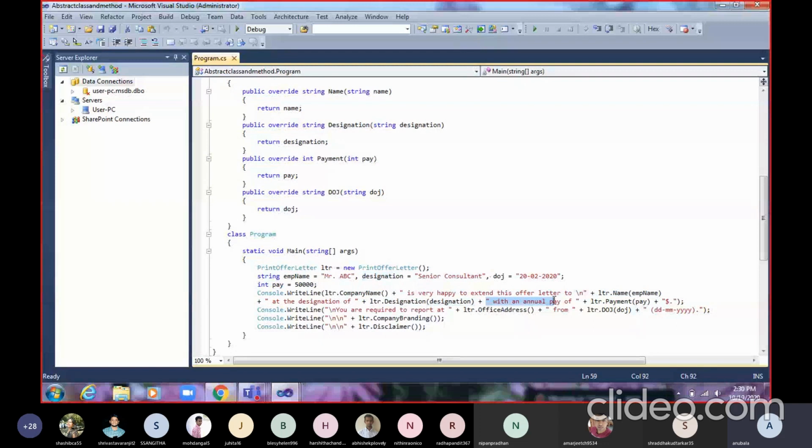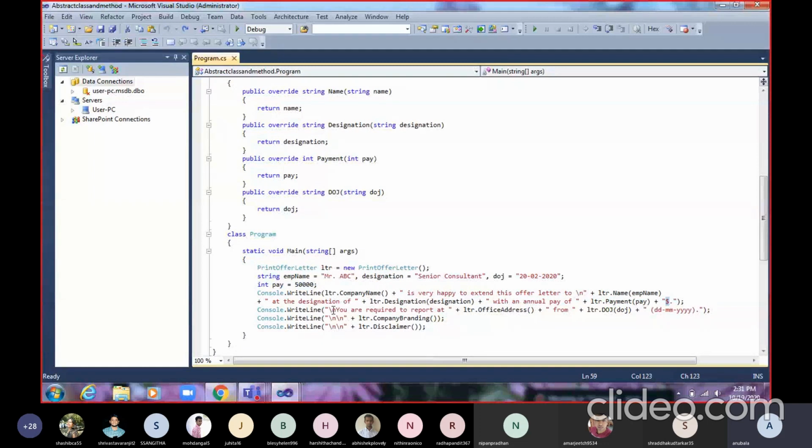Now I need to get the pay, so I will call the payment method, object dot payment, passing the pay variable, plus the dollar message. So this is the message that will get printed.